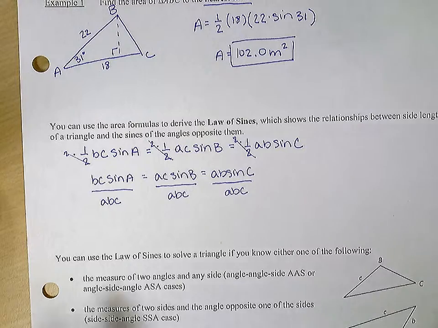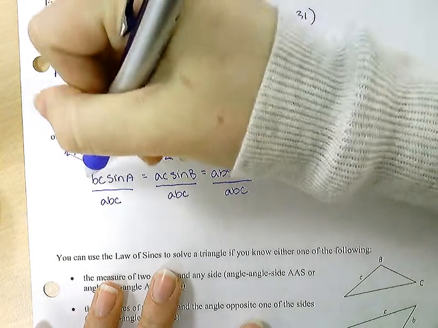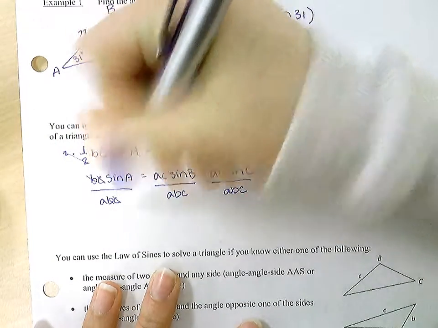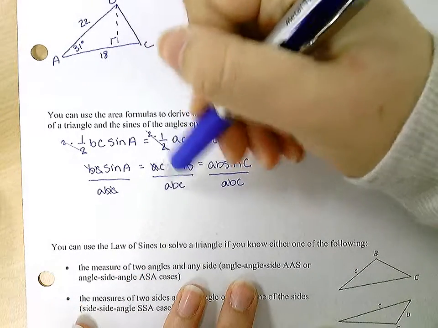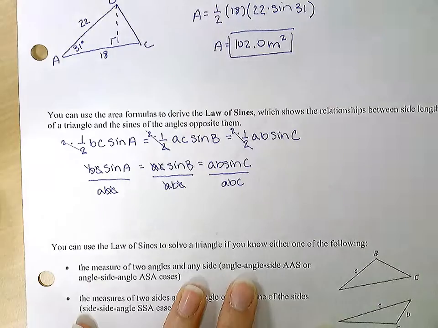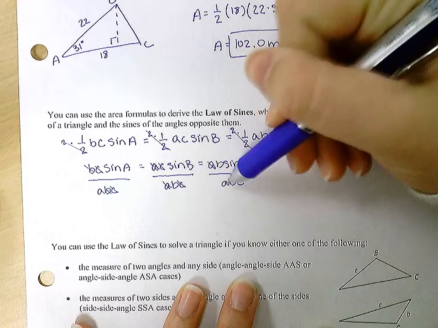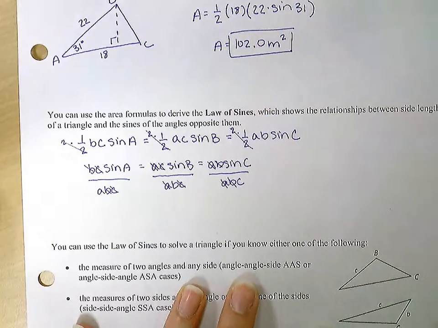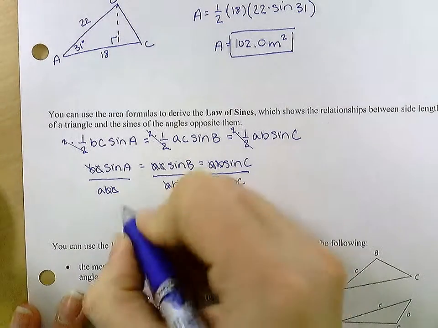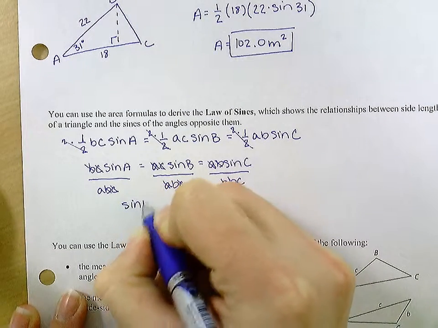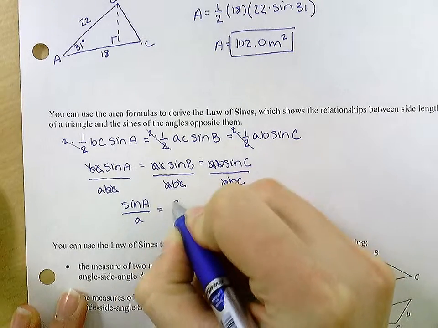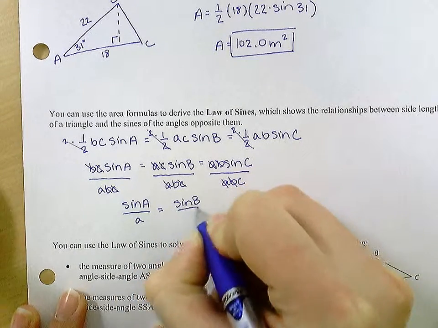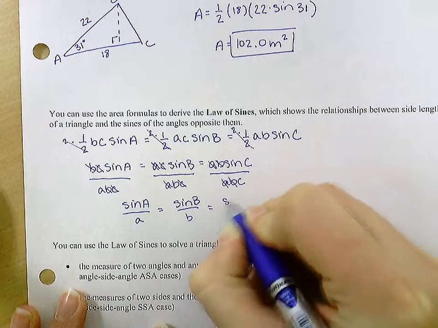So now what happens here, these B's cancel out and C's cancel out. In this one, your A's and your C's. This one, your A's and your B's. So what I'm left with is sine of A over A equals sine of B over B equals sine of